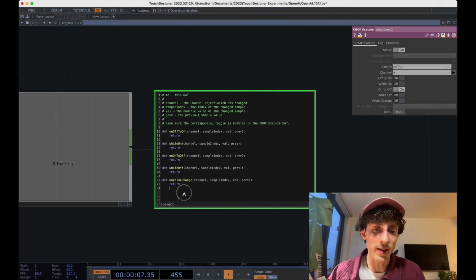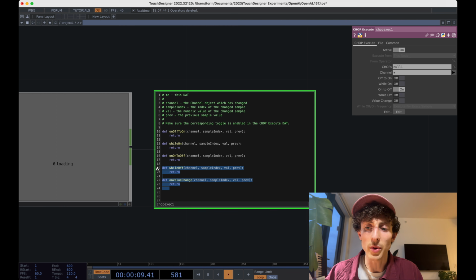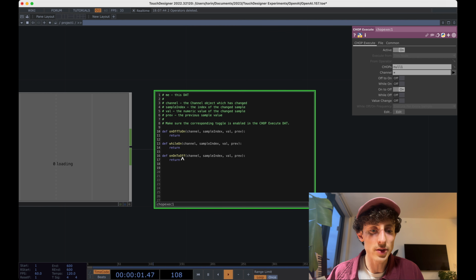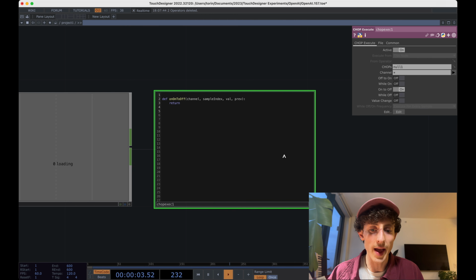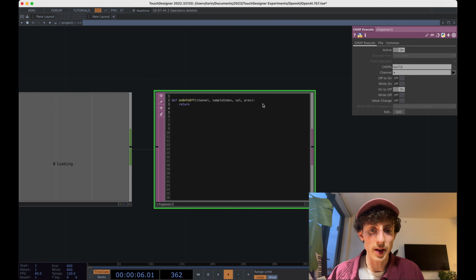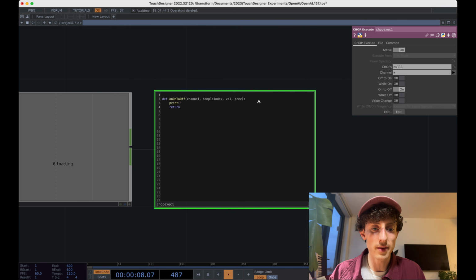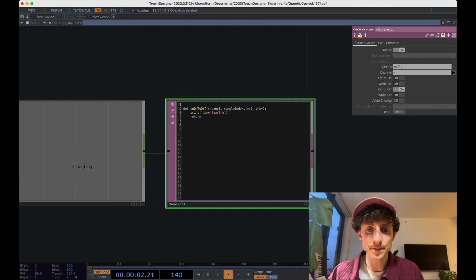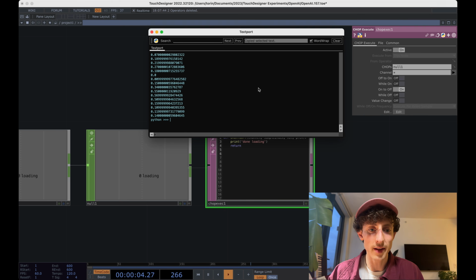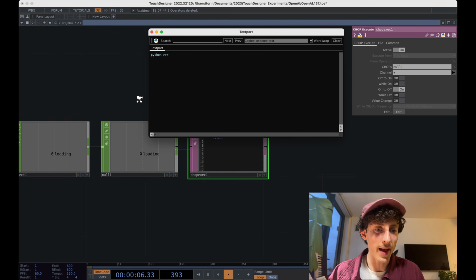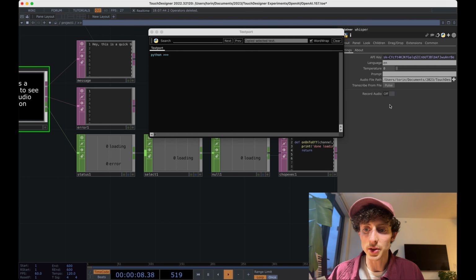So we can delete everything else. We don't actually need any of that. We just need the on to off. And let's go ahead and we can just print done loading. When that happens, I'm going to open up that console again, and I'm going to just pulse this